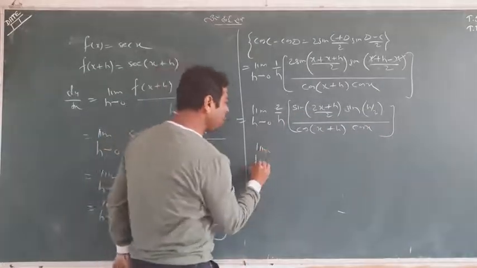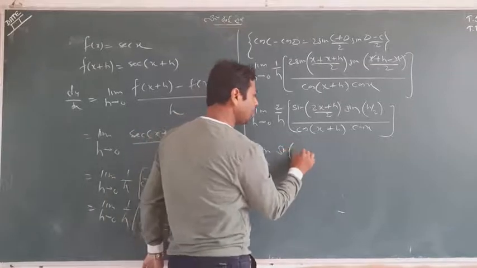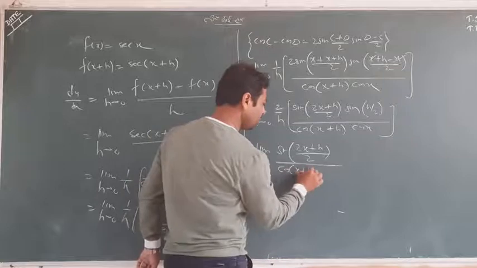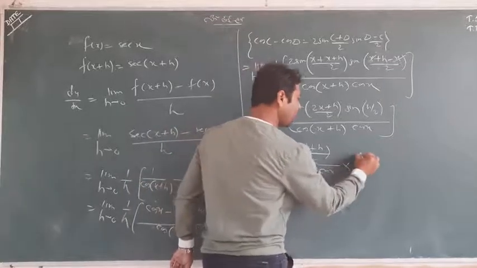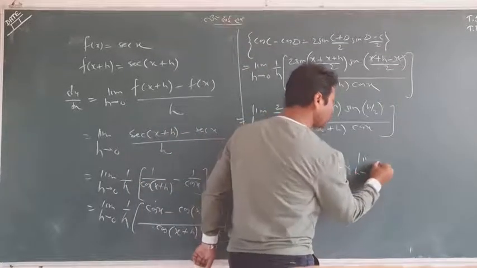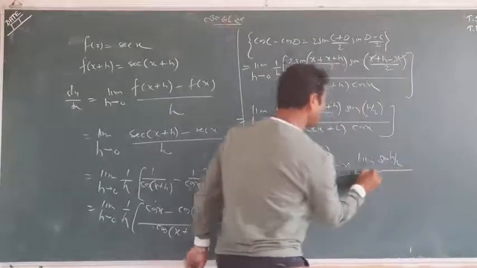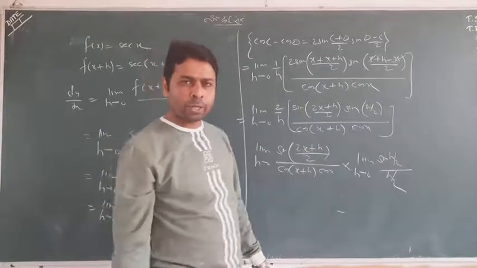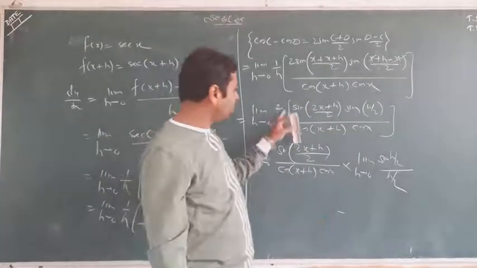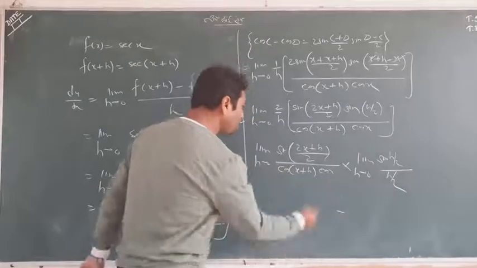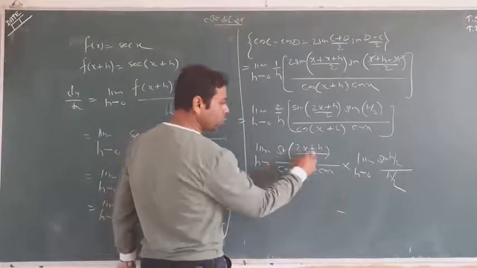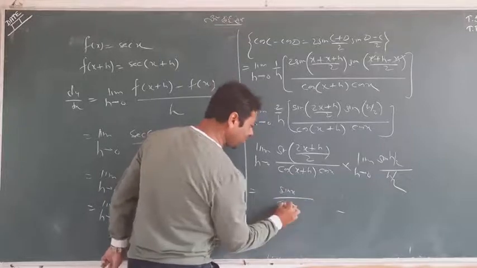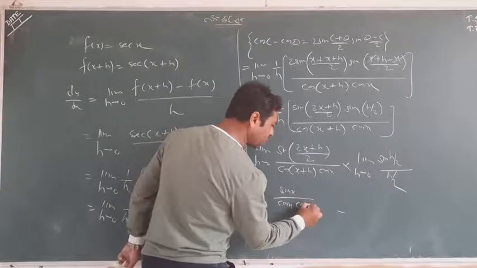So I will manage that 2 by h in the denominator of sin h by 2. So what I will do now, sin of 2x plus h by 2 upon this I am writing, and breaking the limit with sin h by 2, and I managed 2 by h here. So I have done 2 steps together: I separated the limit, as well as shifted 2 by h into the denominator of sin h by 2. Now put the limit everywhere, h tends to 0. I'll put here, it's going to be only sin x there. It is cos x there because h tends to 0, and again cos x, and it is 1.